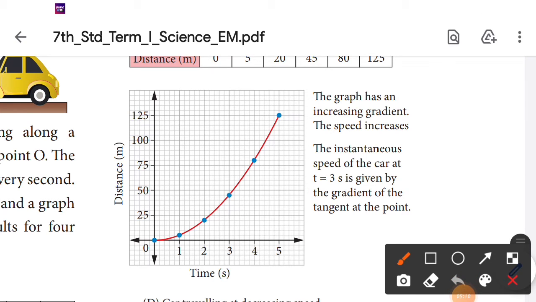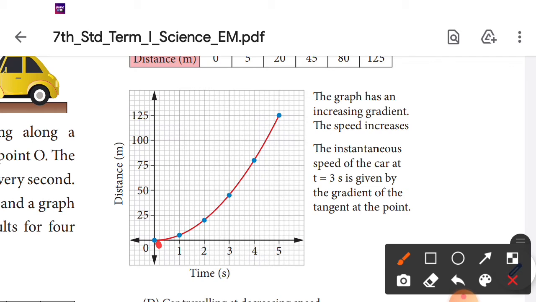First you take 0, 0 means here. Next you put 1. They are giving 5. So each line indicates 5 values: 5, 10, 15, 20, 25. So they are taking 25, 25. First 25, again 50, 75, 100, 125.